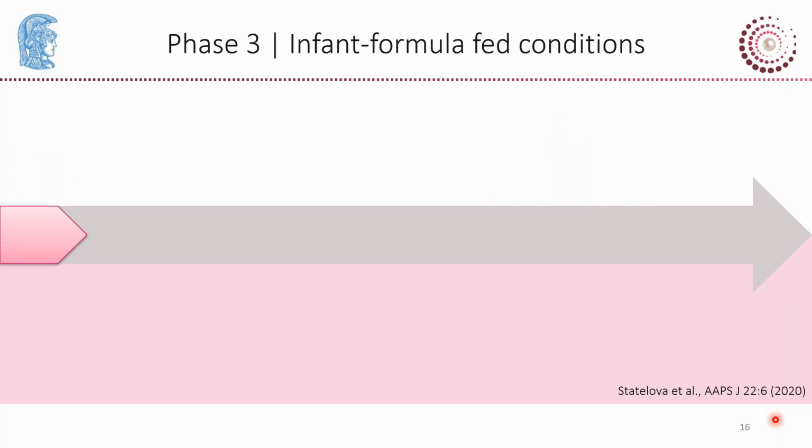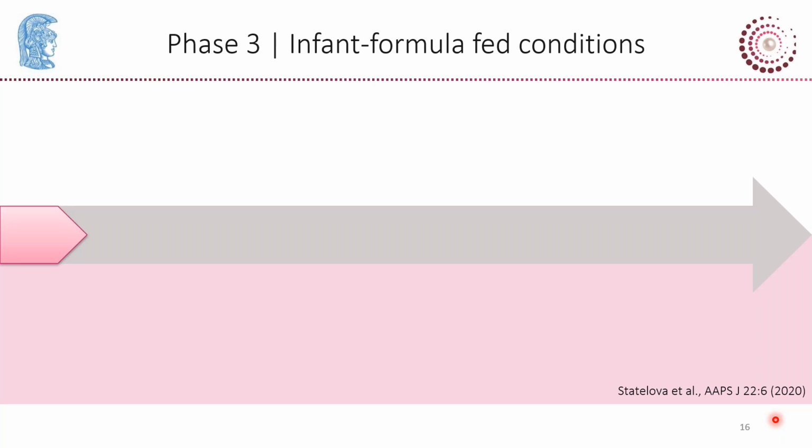For phase 3, the infant formula was selected as an age representative meal in the pediatric subpopulations below the age of 2 years old, based on its frequent use. The volume of infant formula in the present study was 800 ml, that means 520 kilocalories, and was based on the recommended infant formula volume for infants, scaled up by a body surface area factor for adults versus infants.